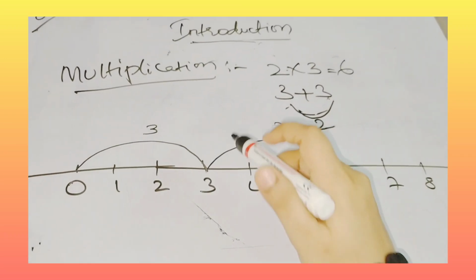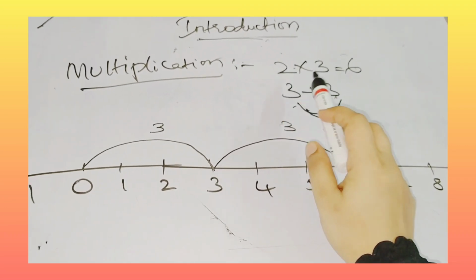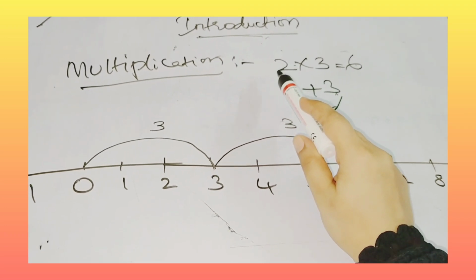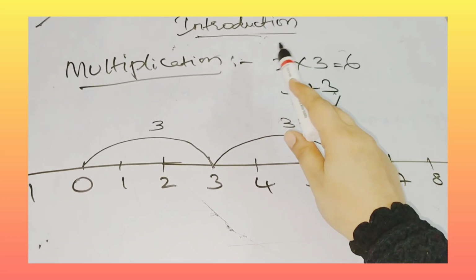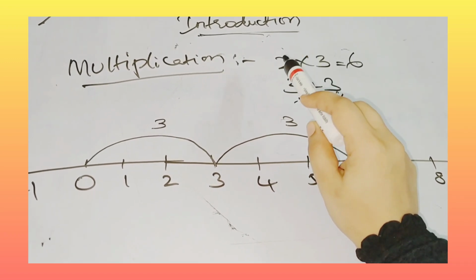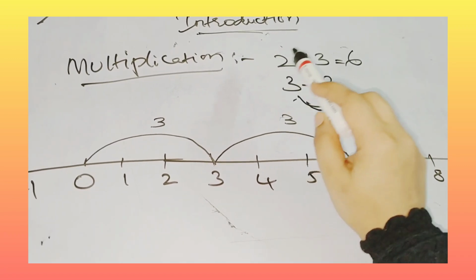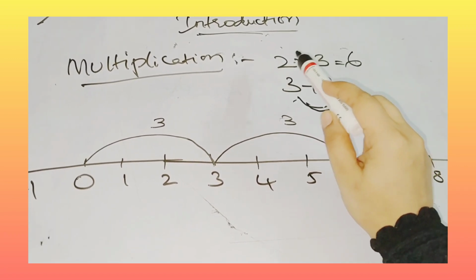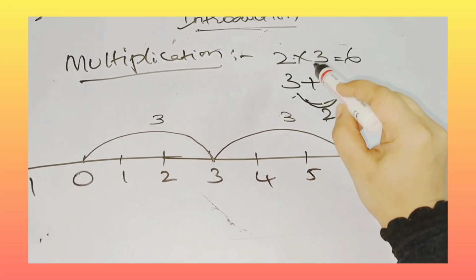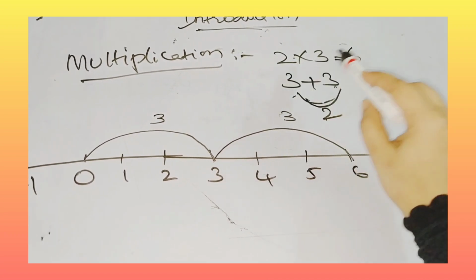Now multiplication. In the multiplication, now we are taking here two numbers. 2 3s are 6. 2 into 3 we are taking. In this you have to take 3 2 times. If suppose here 6 is there, you have to take the 3 6 times. Take the second number. Don't take the first number. Take the second number. Here 3 is there now, you have to take these 3 2 times. 2 3s are 6.